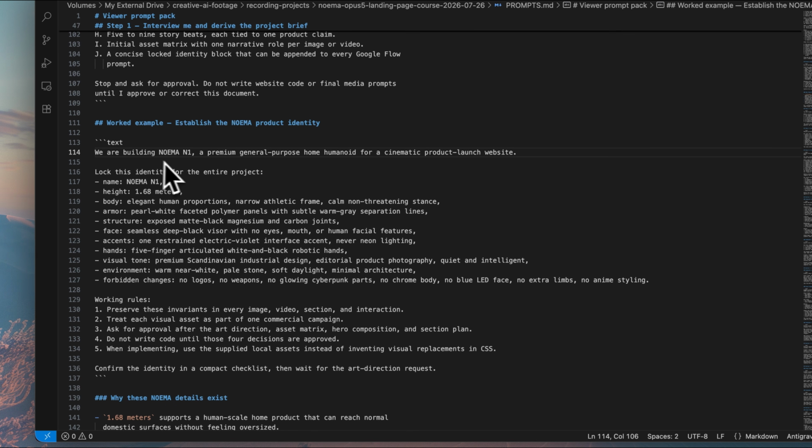So we have the product itself. It's going to be the robot, which is a premium general purpose home humanoid. So with all this, the specifications here. For example, for the height, it researched the typical height for a home robot, and then we have all the features, the visuals. This came with all the research and all the back and forth with the agent